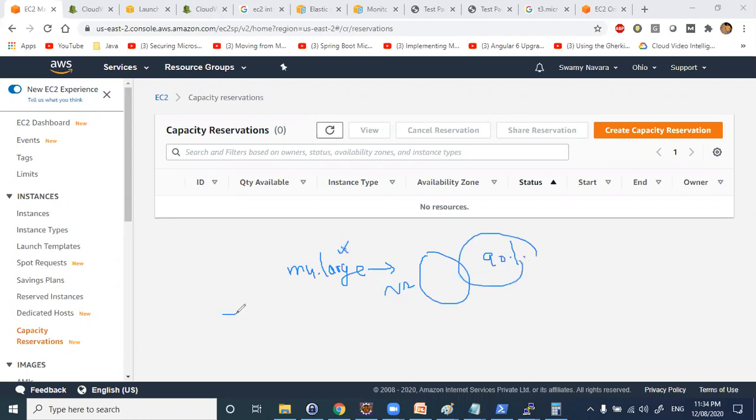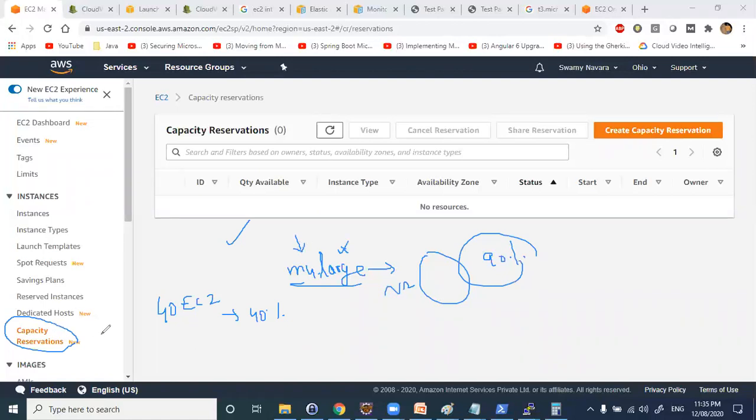So that time, if you wanted to spin up around 40 instances in M4 dot large in that particular region, if you don't get instances, then you need to bargain with AWS, right? So what you can do is, you can go and reserve these instances. So I want 40 EC2 machines of instance type M4 dot large.